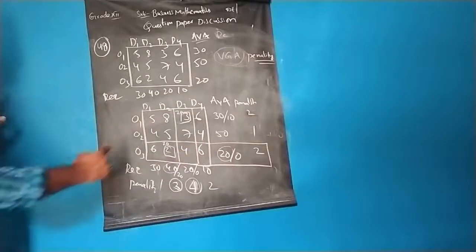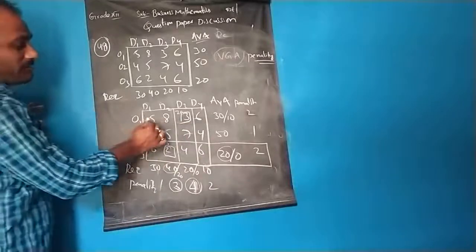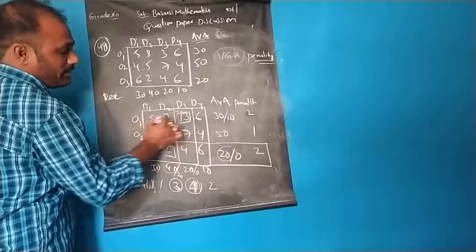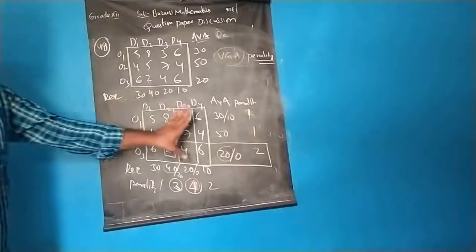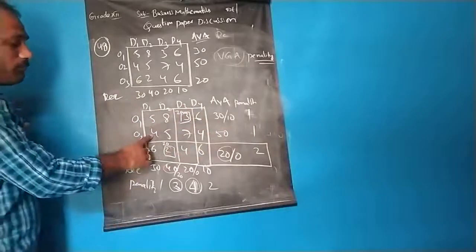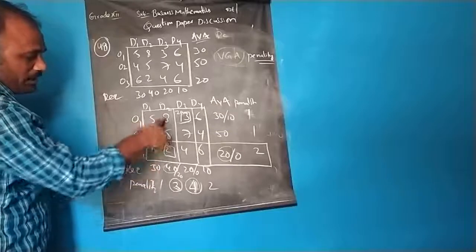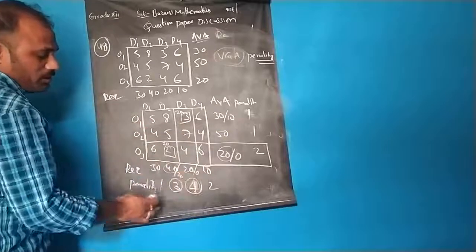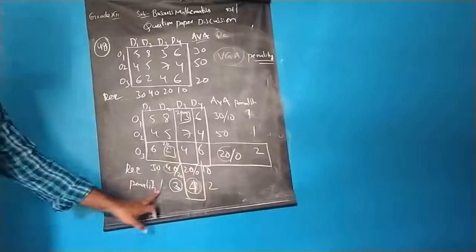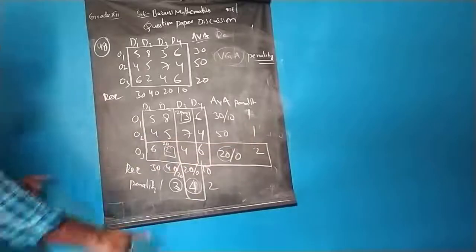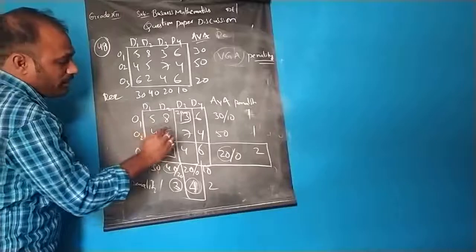Now observe carefully. We are left with 5, 8, 6, 4, 5, 4. Now, among these, 5 and 6 give a penalty of 1. Every time, after doing this, we have to recompute the penalties. So here 4 minus 5 is 1, okay. Next, 5 minus 4 is 1, 8 minus 5 is 3, and 6 minus 4 is 2. Now, if you observe, we have 1, 3, 2, and 1, 1. Among these, which is the highest penalty? 3. In this, we can see that 5 is the smallest number.